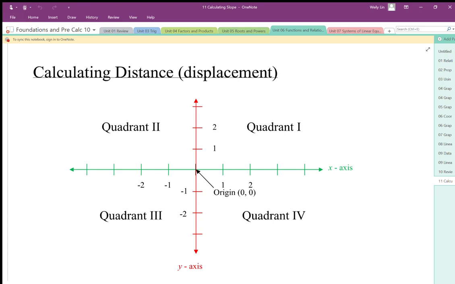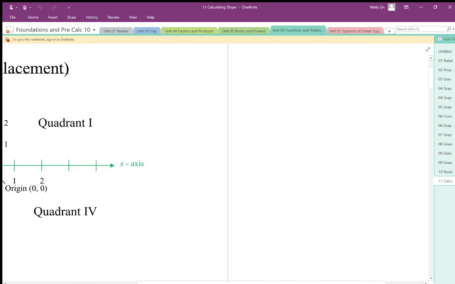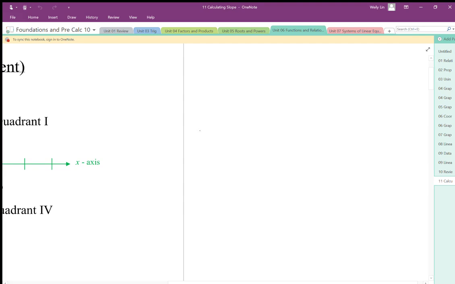So we're going to look at calculating slope, but before we do that, we need to understand how to find displacement, or basically calculating distance with direction. So if we take a look at a number line,